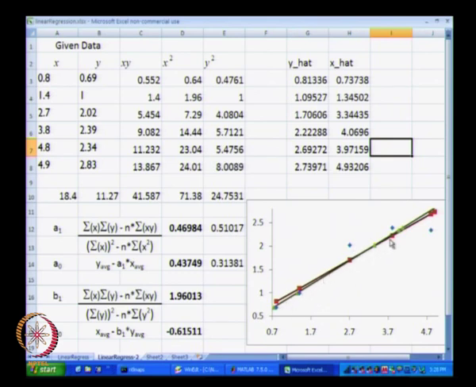What happens in case of the red line is we have a minimization of these vertical distances between the data point and the actual line, whereas in case of the green line the minimization is between the horizontal distances between the blue data points and the green data points. So, these are two different ways in which, for the same data, the linear regression is behaving. One case is when the error is in x variable, the other is when the error is in y variable.